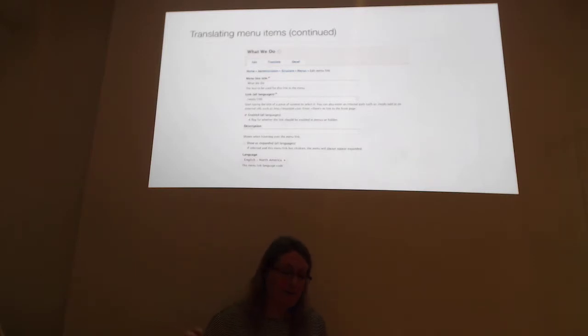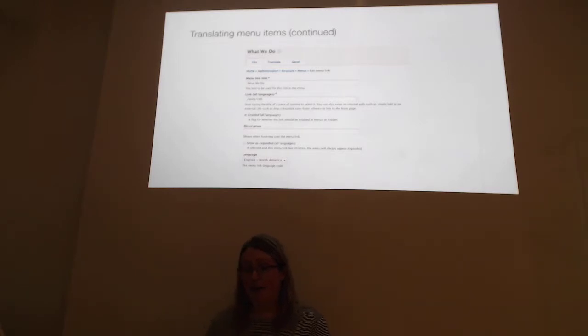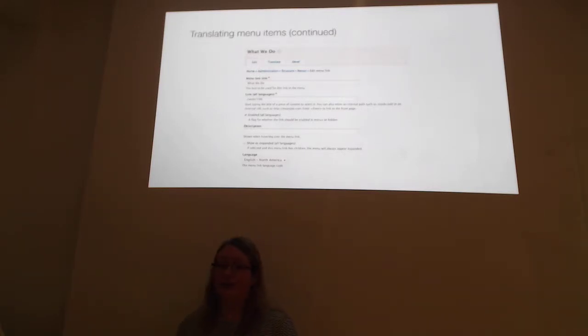Also, again, this is probably more pertinent to localization sites. When you translate a menu link, it's available for all, okay, let me backtrack. If you want to have a different menu for the French website versus the German website, and you delete one of the menu items from the French one, you've also deleted it from the German one. So watch out for that. If you actually want to have different menus, you have to create separate menu containers for them to live in. So that was really painful with 13 different languages and lots of links in each menu.